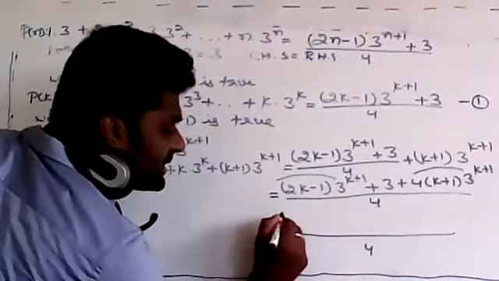So what is common in these two? 6k plus 3 is there, no? In this, what is common? 6k plus 3 is there. In that we can take 3 as a common. I'm taking 3 common. 3 to the power of k plus 1 into, in these two I'm taking 3 common. Remaining is what? 2k plus 1 plus 3 divided by 4, which is equal to, we know the laws of indices. Yes, good. We have to take 3 common. That's right. Okay.